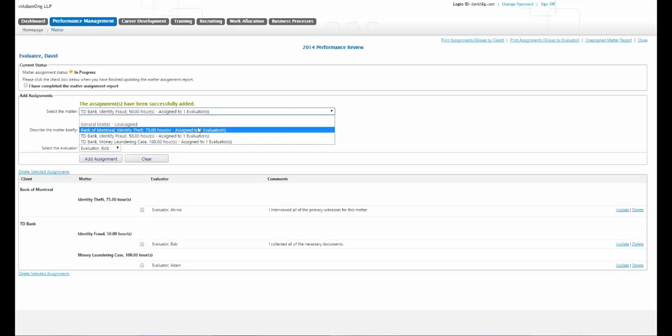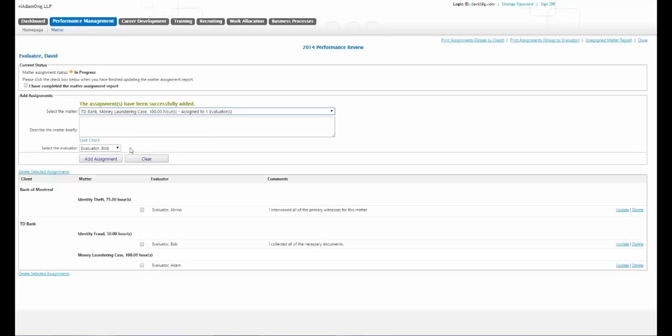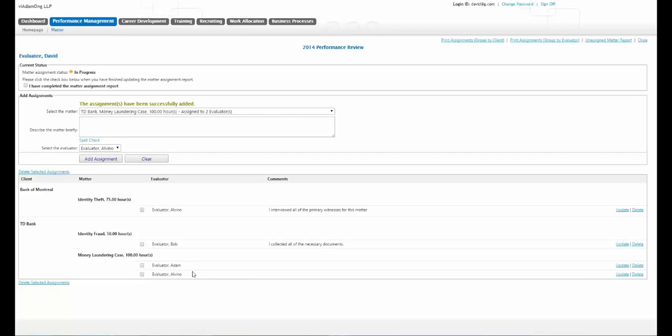So again, using our example, the money laundering case, I will select this matter here, and I will now select another evaluator to the matter. So let's say I select Alfino, and I'll click Add Assignment. There you have it. Now I have two evaluators, Adam and Alfino, who will be evaluating me on this matter,